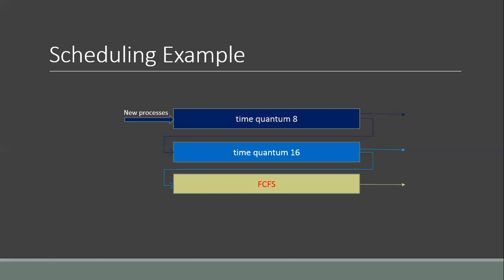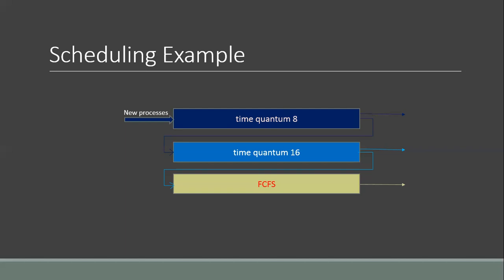Now, again, there are two possibilities. Either the process will complete its execution or it will not complete its execution. If it doesn't complete its execution within 16 milliseconds, then the process will be moved to the next lower priority queue, where this process will be served using the first come, first serve policy. However,